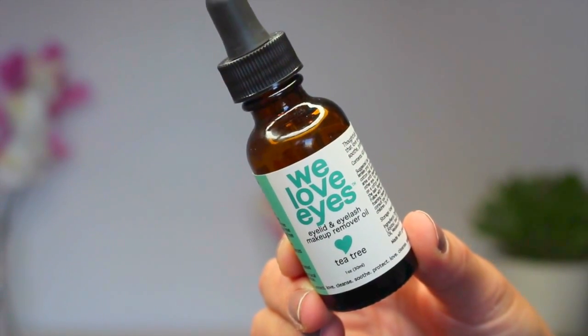I definitely think that this is worth it because your eyes tend to age a lot faster than the rest of your face. The eyes and the neck usually age fastest. So here I go talking about anti-aging and the whole aging thing, but using this product is really going to allow you to gently remove that eyelash makeup and your eyelid makeup. So I'm really a big fan of this. I've been honestly just pouring all of this on little cotton pads and just taking all the makeup off easily